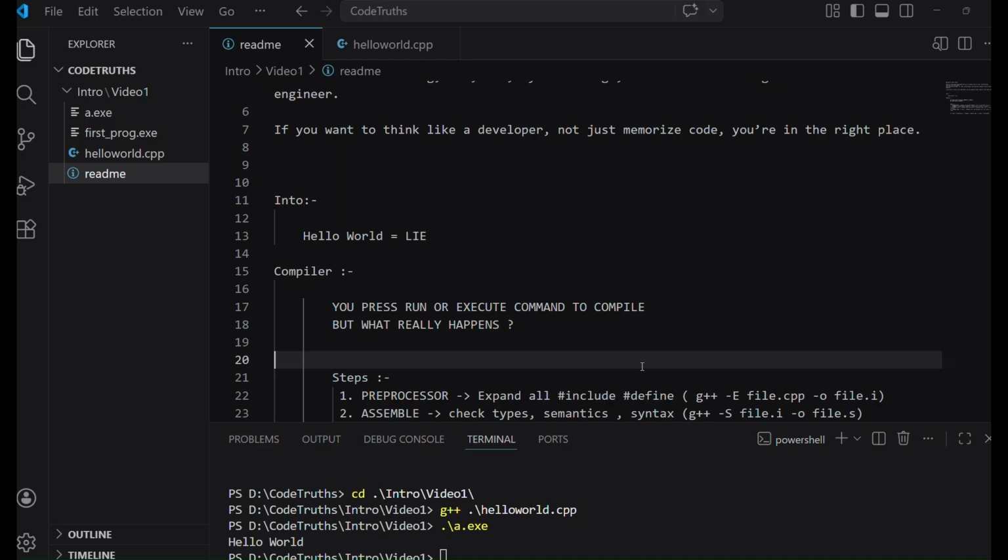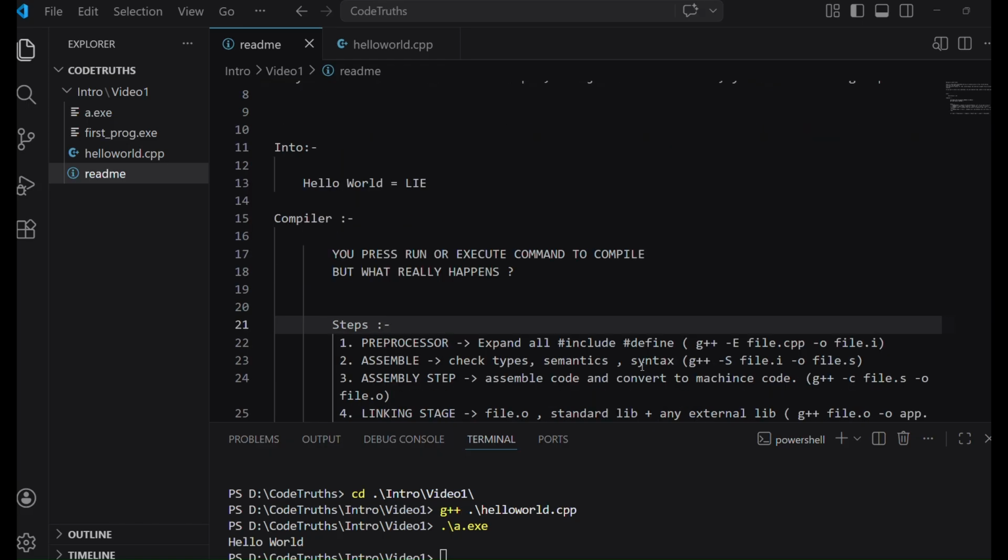Now what is the third step? So the third step is, now you have an assembly file, right? Now this assembly code gets converted into machine code. And what do you mean by machine code? Machine code is a language which is understood by the computer. So how is it doing?